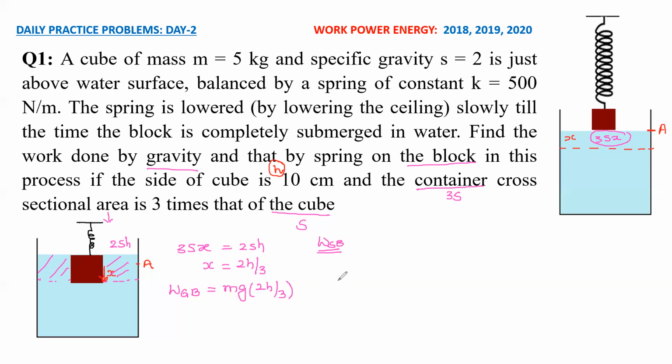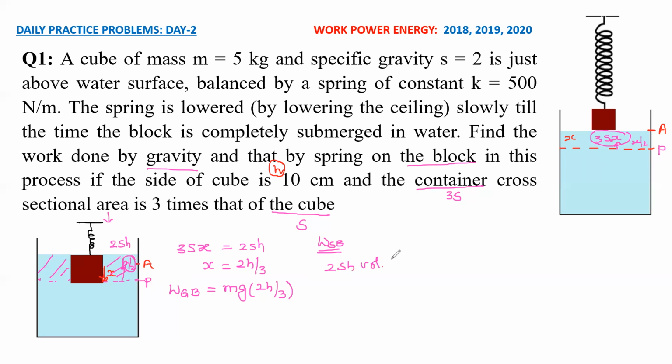Now, let us try to understand the fluid which has been displaced or which has come to the sides. So this 3Sx or 2SH volume of the fluid originally had its center of mass at a height of x by 2 from this level, which I will call P. Now the same level P is somewhere here, and its center of mass is at height h by 2 from P finally. So a volume of the liquid which is 2SH